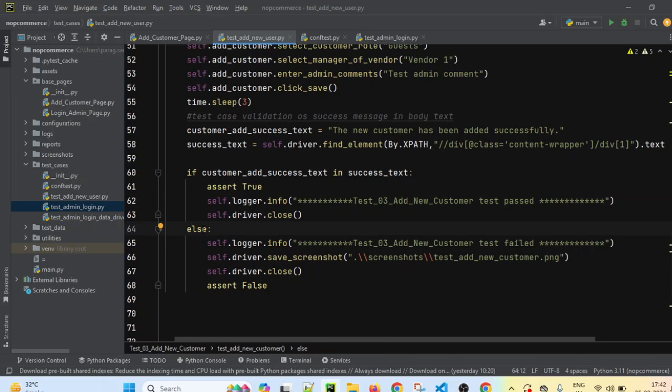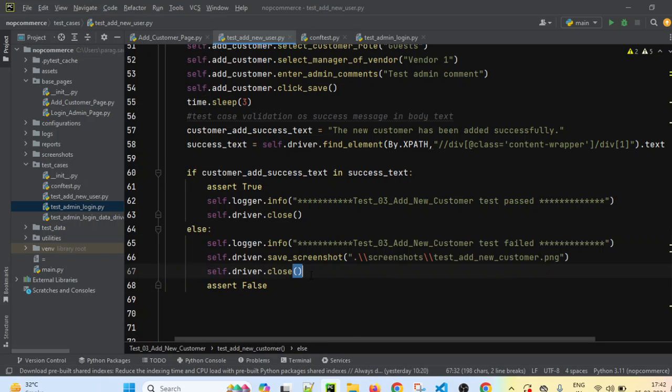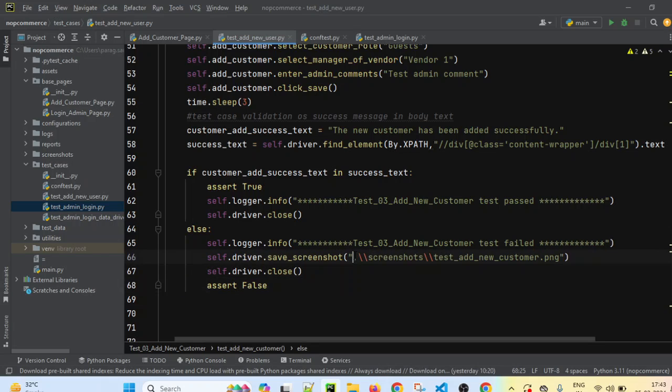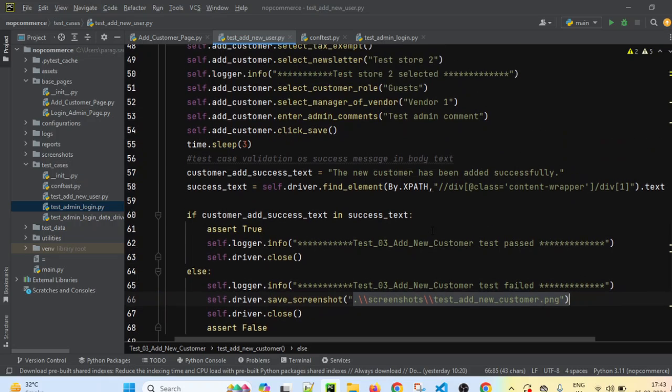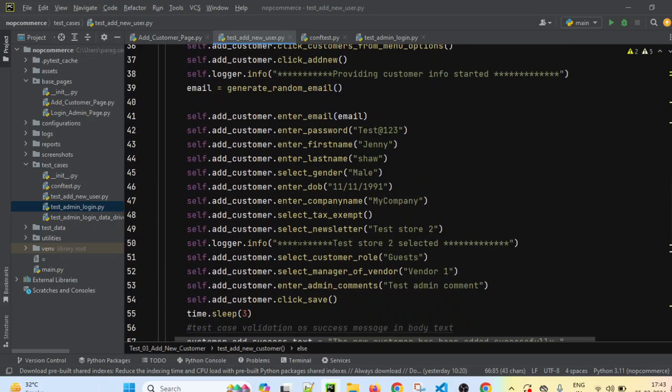Else, if that value is not present in the success text, that means something is incorrect, and we fail that test case. We are asserting and saving the screenshot as well. So this is how we can write and complete our test case. These are all the different page methods which we are calling step by step.